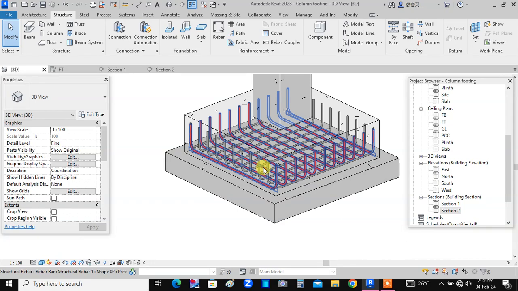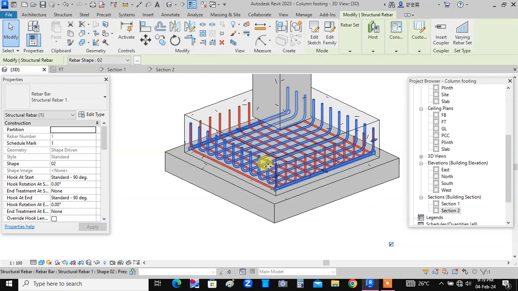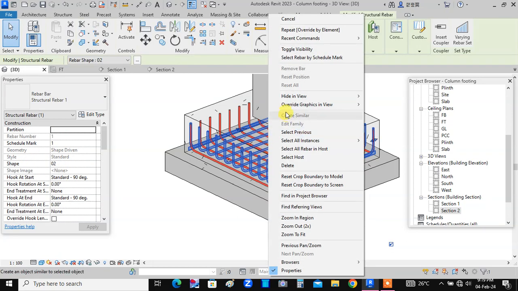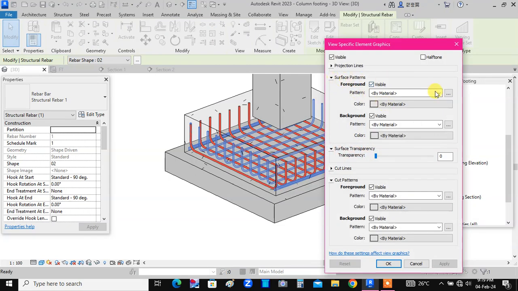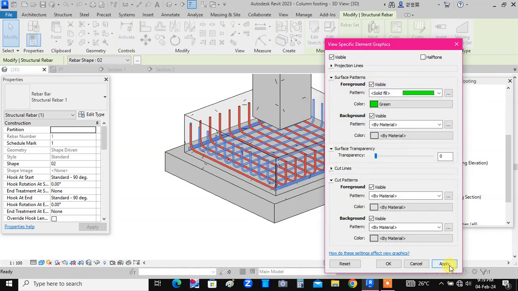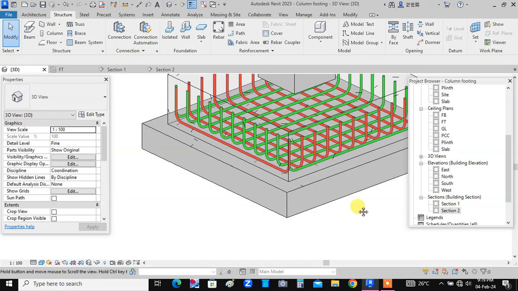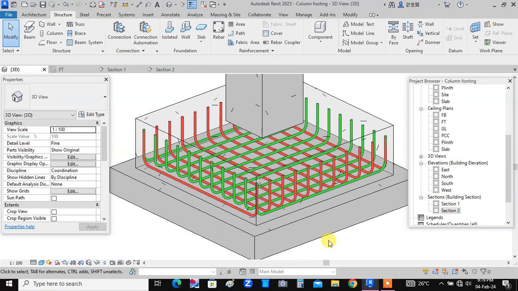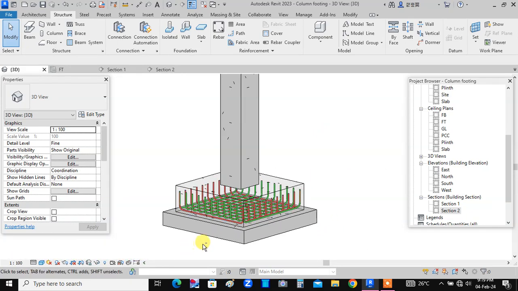Now to these bars which we have placed after placing the first reinforcement, again we can color these bars. Just select the bars, right click, override graphics in view by element, then surface pattern, select solid, select color. Now I will select a different color, green. OK, apply, OK. Now thus you can paint the bars, and this is placing of reinforcement in the footing of